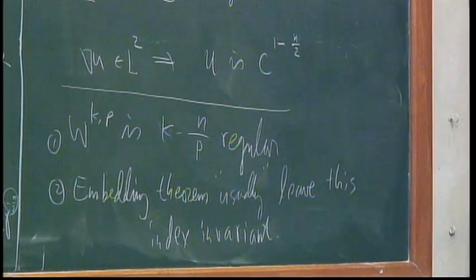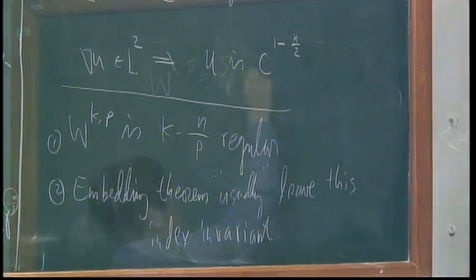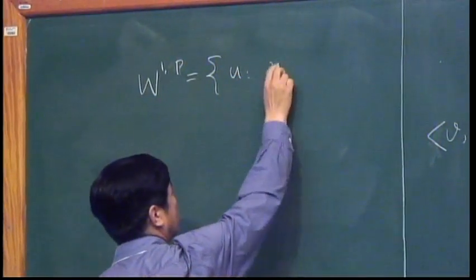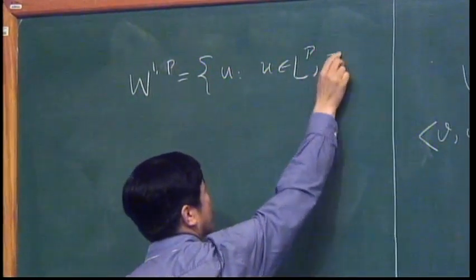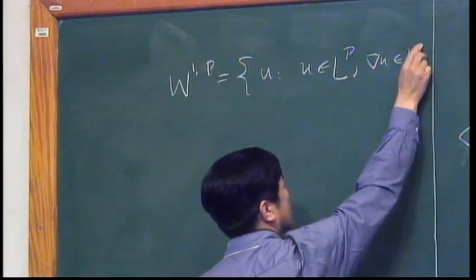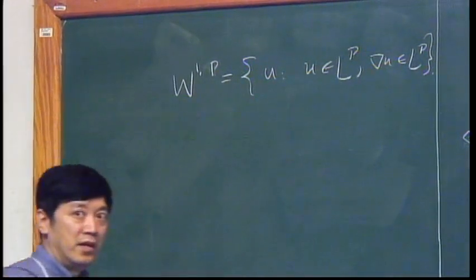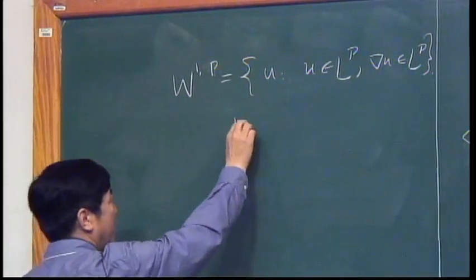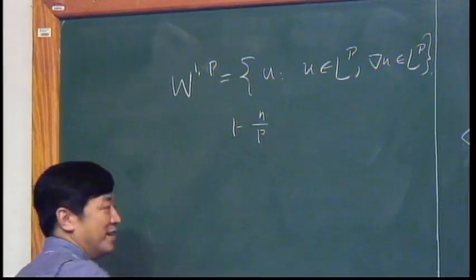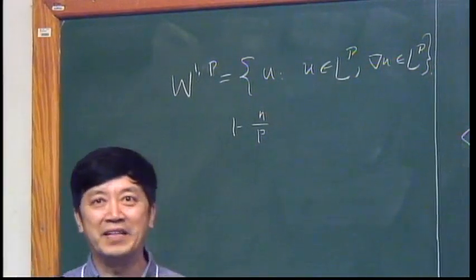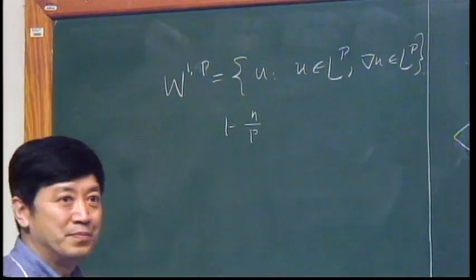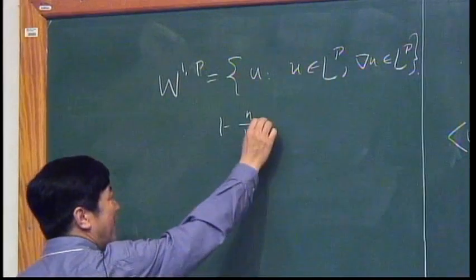So W12 is the same thing as, let me write down W1P. U is a function. U is in LP, gradient U is in LP. And its Schauder continuity is 1 minus n over p. This number can be positive, can be negative. No problem. Then if this number is positive,